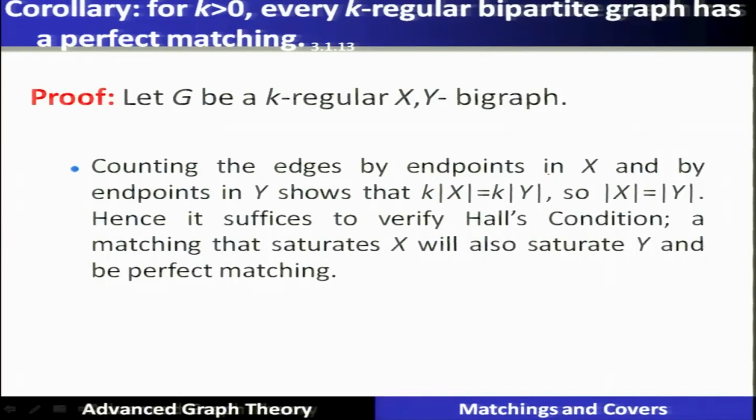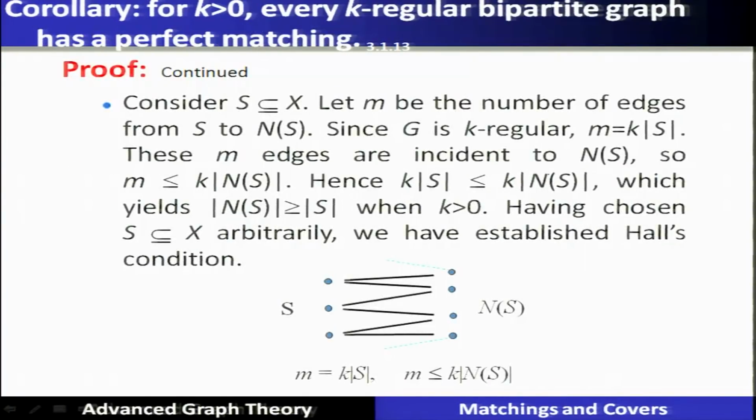The proof is quite simple. Let G be a k-regular XY bigraph. Counting the edges by the endpoints in X and by the endpoints in Y, we can see that k times the cardinality of X is equal to k times the cardinality of Y. So |X| = |Y|, hence it suffices to verify that Hall's condition is valid. A matching that saturates X will also saturate Y, and that is the perfect matching. Now, consider